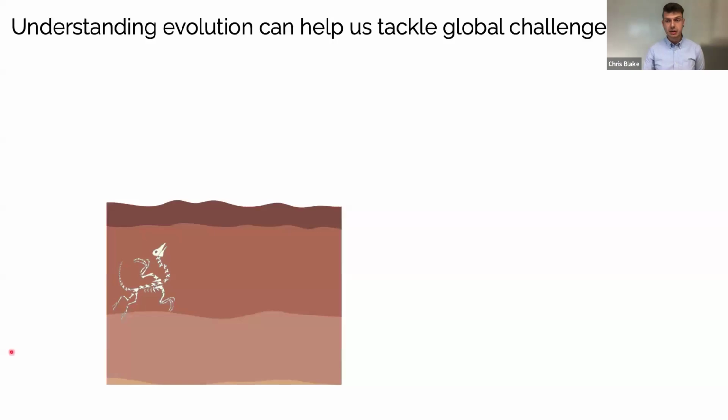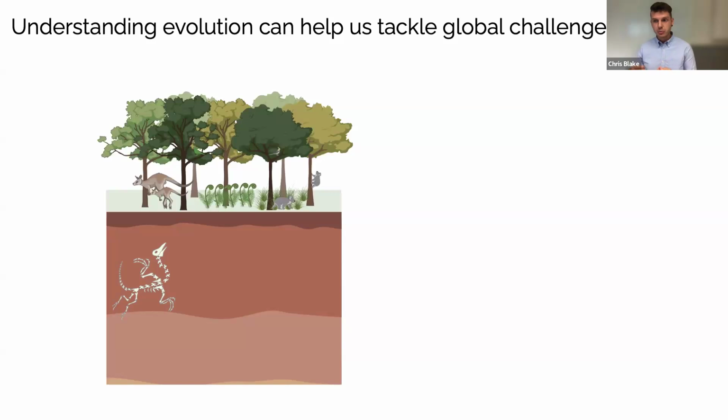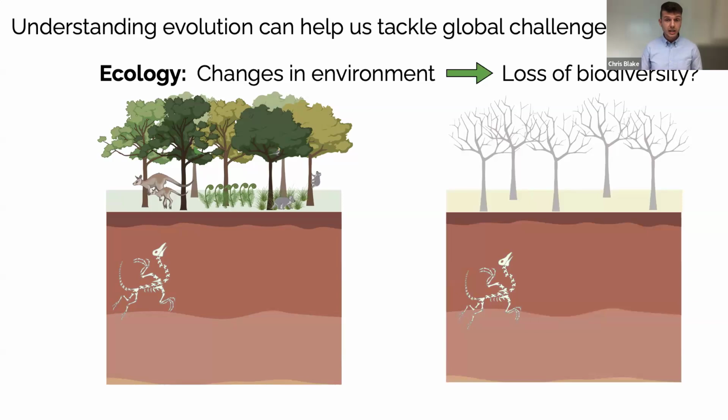Now, when I tell somebody that I'm studying evolution, often people think I'm trying to prove that it's true, and it happened at some time in the past. However, we all know that studying evolution doesn't only mean we are trying to understand what happened in the past. It also means we're trying to predict how evolution might shape the future. And this is key to tackle global challenges such as climate change and the loss of biodiversity.